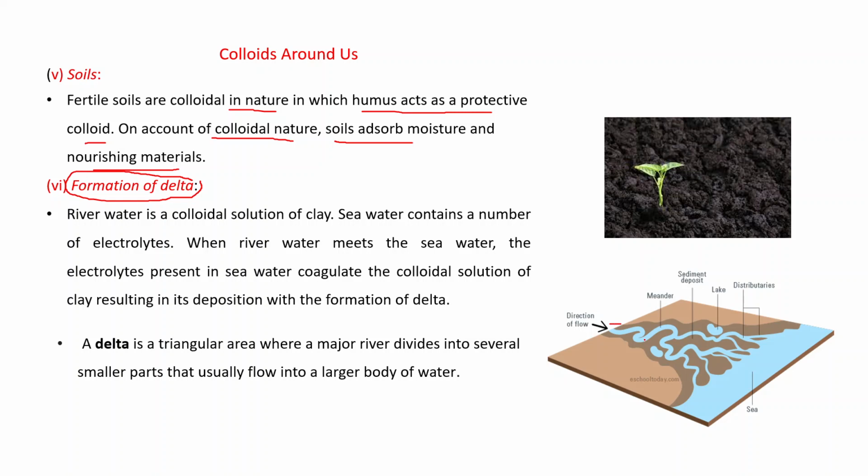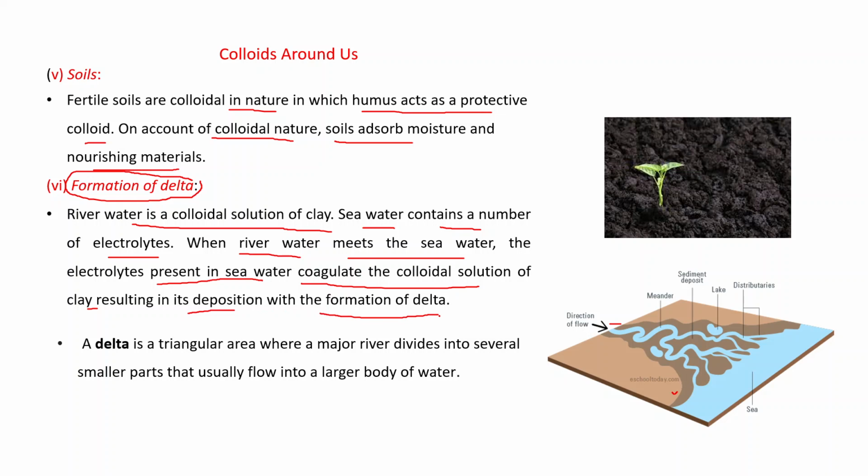When the river meets the sea, sedimentation will occur. It means the river is divided into a number of branches. This is called delta. Why does delta occur when the river meets the sea? River water is a colloidal solution of clay. Sea water contains a number of electrolytes. When river water meets the sea water, what will happen? The electrolytes present in sea water coagulate the colloidal solution of clay, resulting in its deposition with the formation of